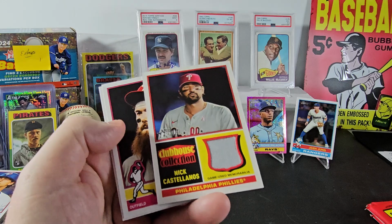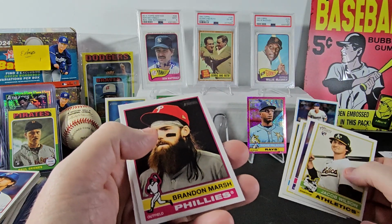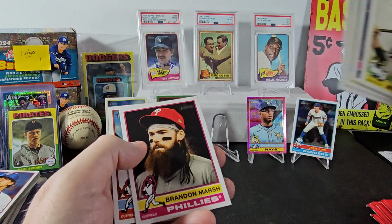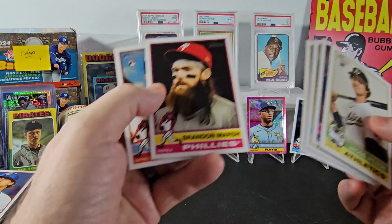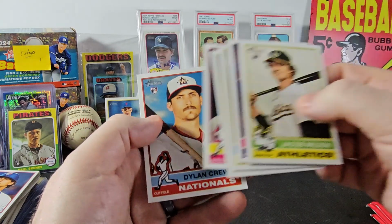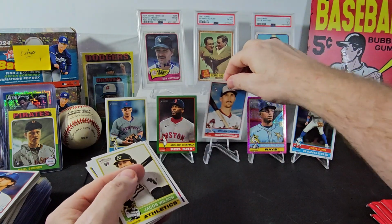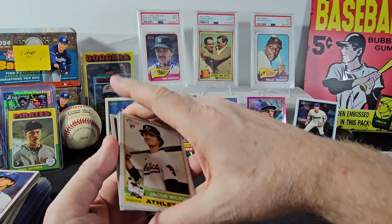We got a relic of Nick Castellanos. I'm not sure what the deal is with Phillies and relics, but last year in Heritage, my only relic was the JT Realmuto. Brandon Marsh, Dylan Cruz rookie card. There, I'll go ahead and stick him in with key rookies. We may replace him later, but